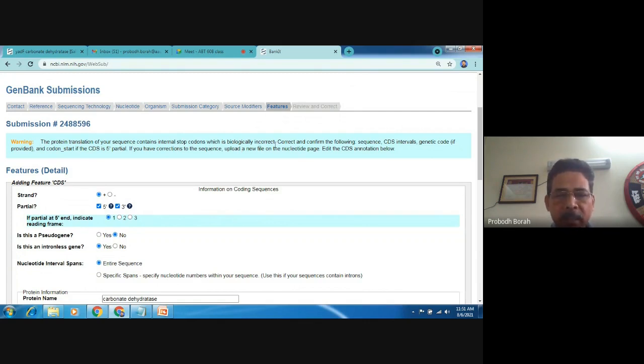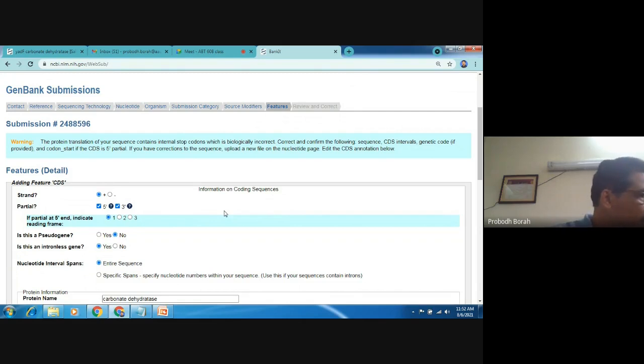If it is a CDS or coding sequence, it should contain contiguous codons for different amino acids without a stop codon in between, if it is an ORF. If there is a stop codon in between, that means it is not the ORF. It is not representing the coding sequence. So that means the reading frame does not start from 1.